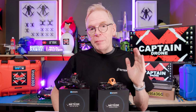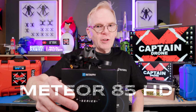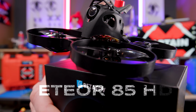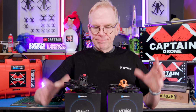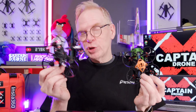Now, a few months ago, BETAFPV launched the Meteor 85 HD. It's not Pro. And I know an awful lot of people were pretty excited about this one here. It probably looks out of focus. Let me bring it closer. There we go. Now it's in focus. This is larger than the one I'm showing you today. So for that reason, I thought, you know what? Why don't I show you both of these? And that way I can tell you which one is the best one for your abilities, or should I say